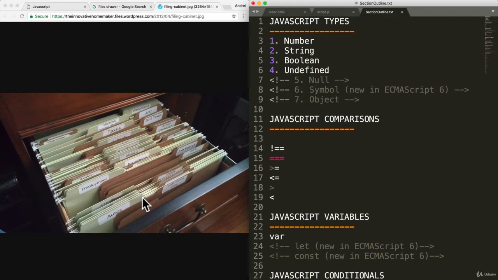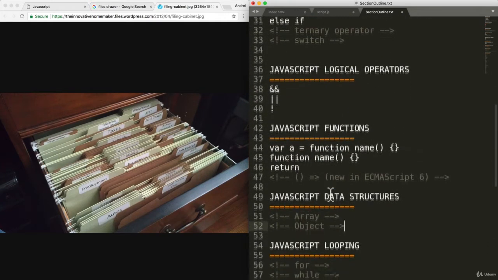For example, in this picture, it looks like the file cabinet is really good for finding things because it's sorted in alphabetical order. And data structures give us this ability to store information and access it in a way that is useful to us. So let's learn our first data structure, and that is